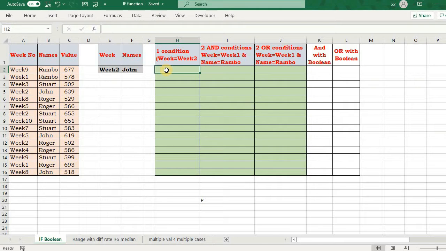Let's say I want to check for a condition, if simply this one. So I will say present or else not available. So this is a simple condition. I'm checking for what? Week 2. And when I drag it down,